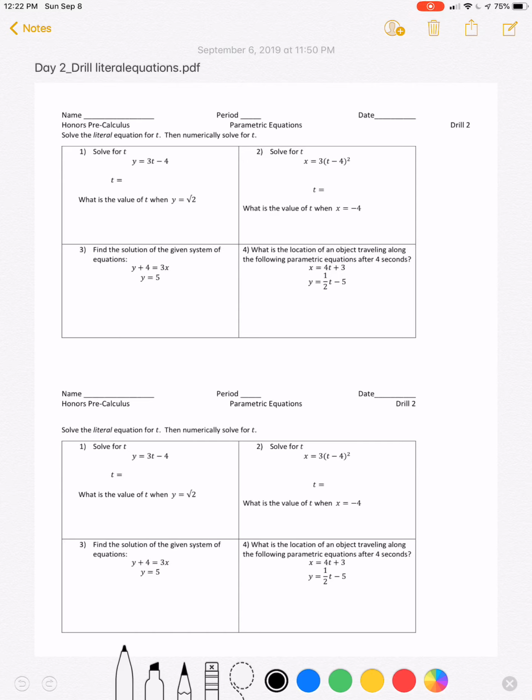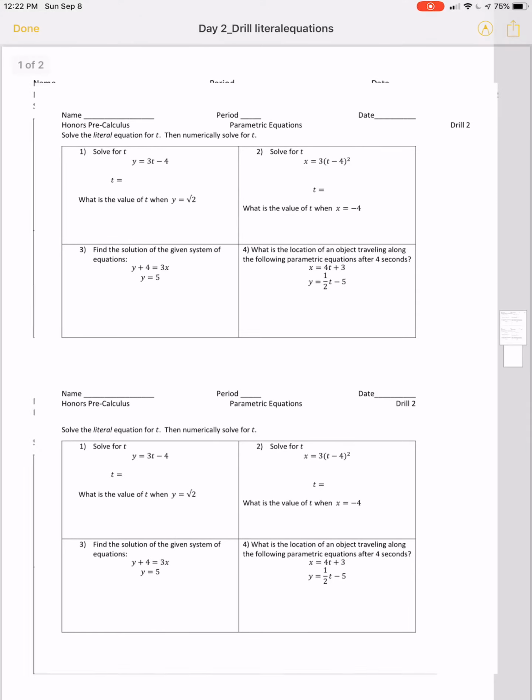Solving the equation in number 1 for t. Hopefully that wasn't too difficult. It's a two-step process. You would add 4 to both sides. So you would get